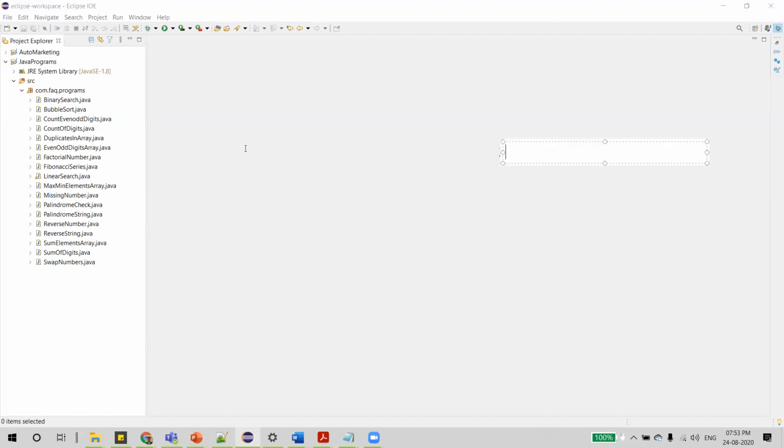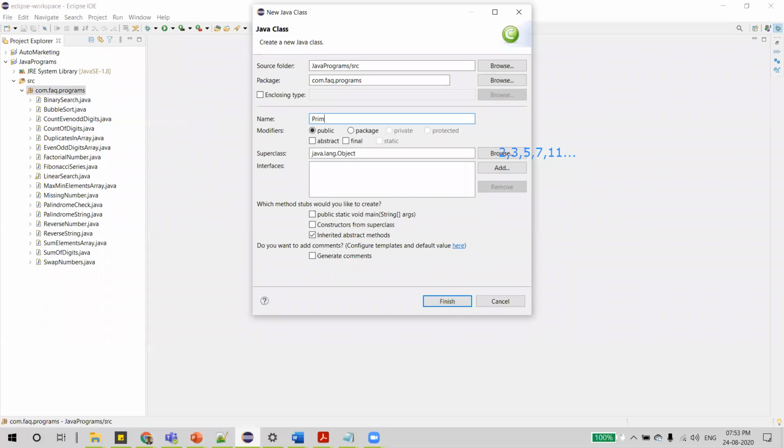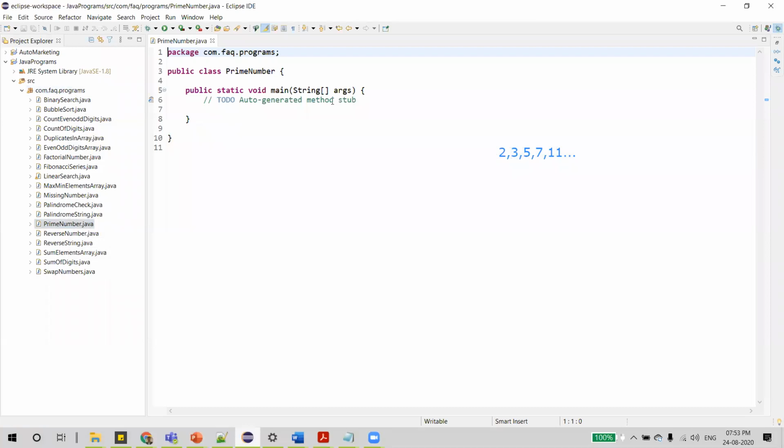So now let us write a Java program for the same. I'll create a class, we'll name it PrimeNumber. Let us have the given value in a variable called n, and for now I will have it as 13. Then we want to find whether this number is prime or not.